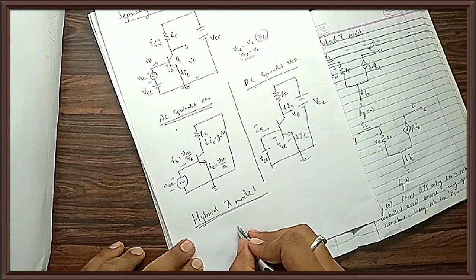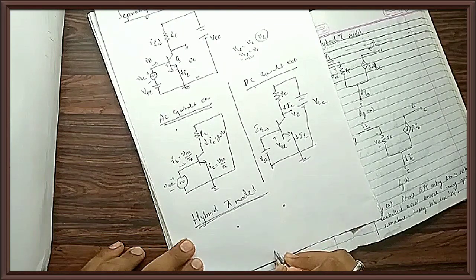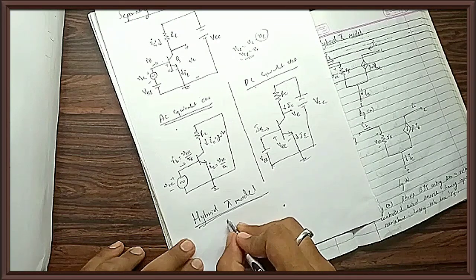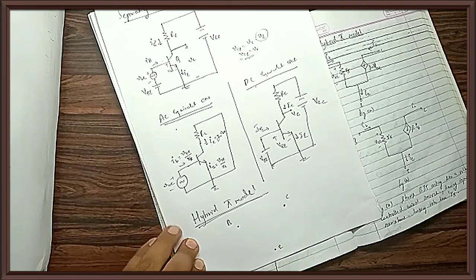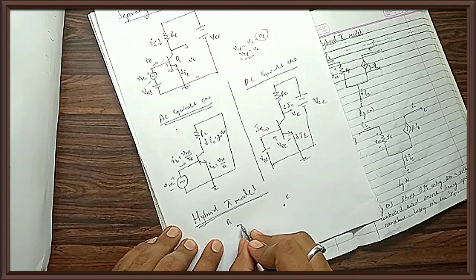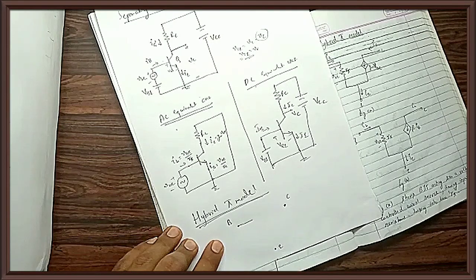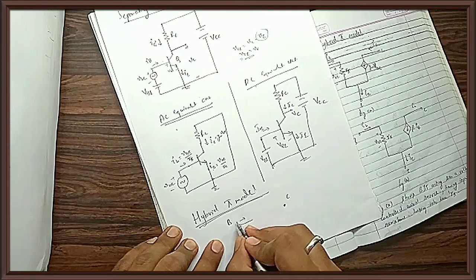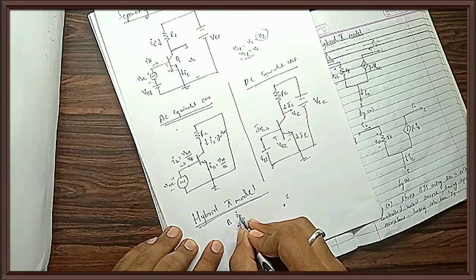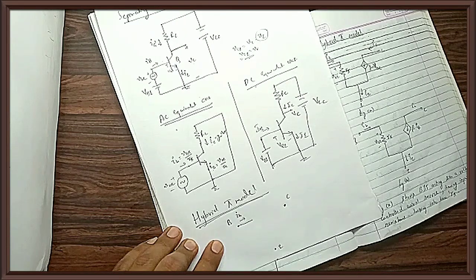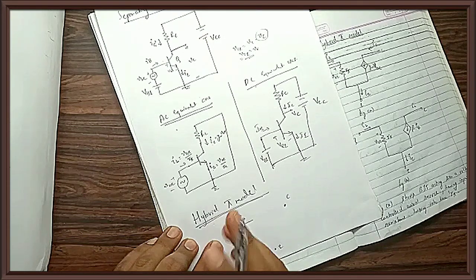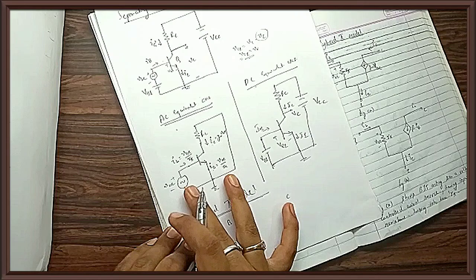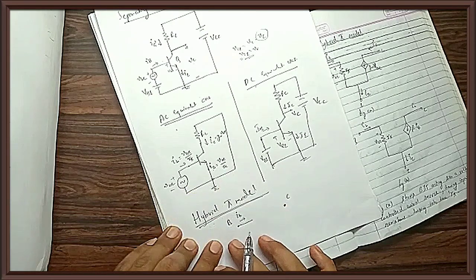As you all know, a transistor is a 3-terminal device. It has 3 terminals: base, collector and emitter. Correct? So what is the input side? The input side has the current. What is the input current? IB, small i subscript small b. Here I am writing the hybrid pi model for the small signal circuit, writing the analysis for this circuit. So, hybrid pi model.